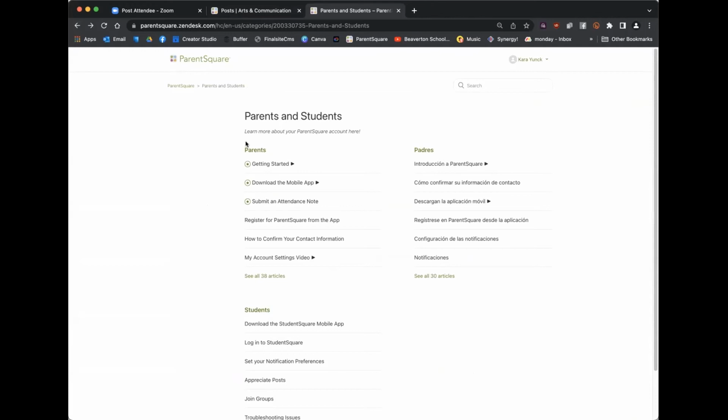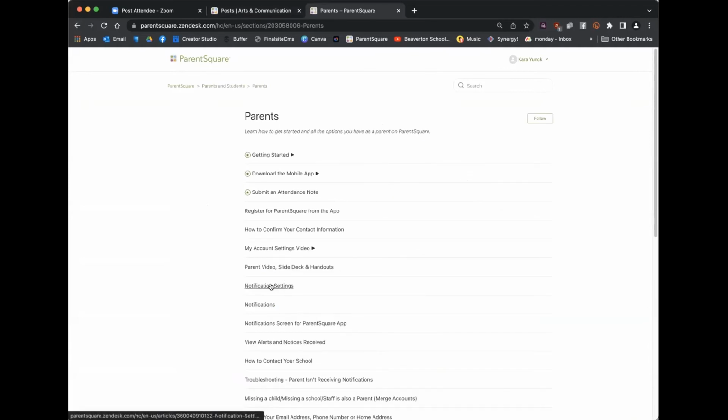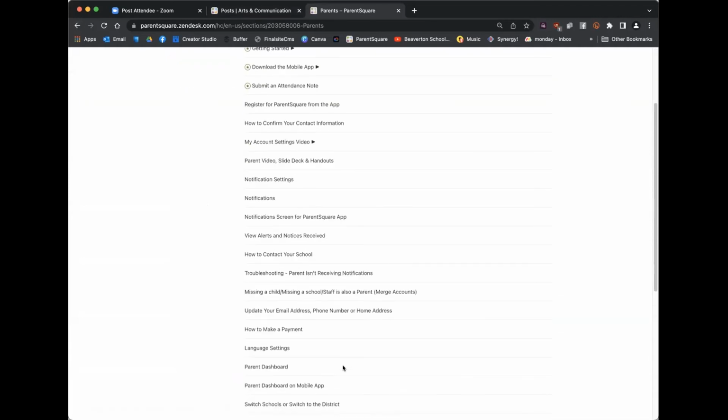When parents contact us for help, one of the first things I ask them is if they're on their phone or if they're on their computer, because it makes a difference on where I tell them to look for things. So you're going to find this super helpful if you can't remember something and you want to look up maybe how to change your notification settings. And they update this on a regular basis. They're always making improvements to the product and the platform. And they take your feedback. So we've actually asked them for quite a few enhancements, they call them, and they have actually been very responsive